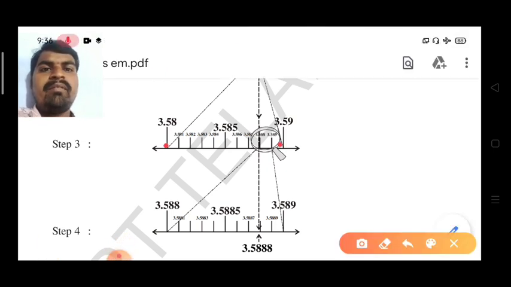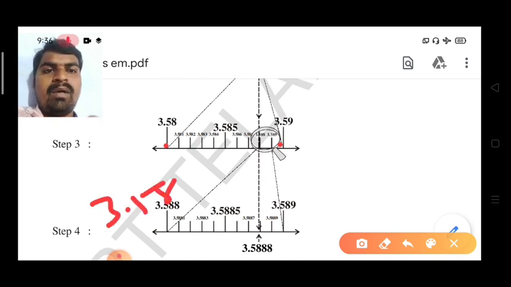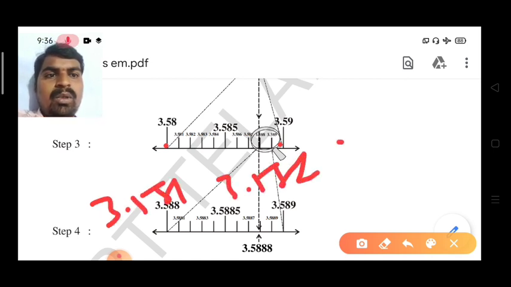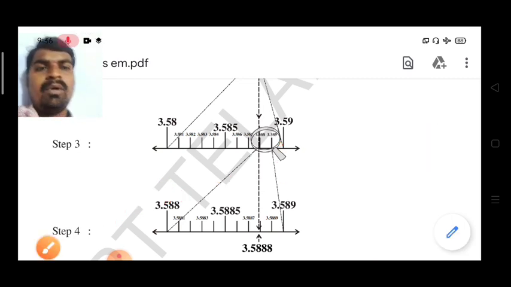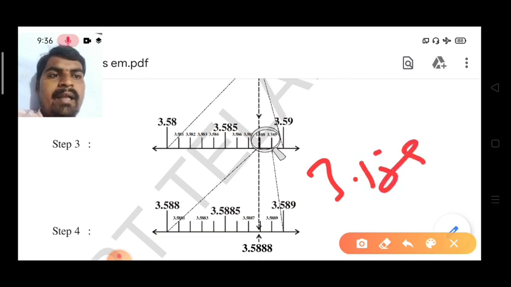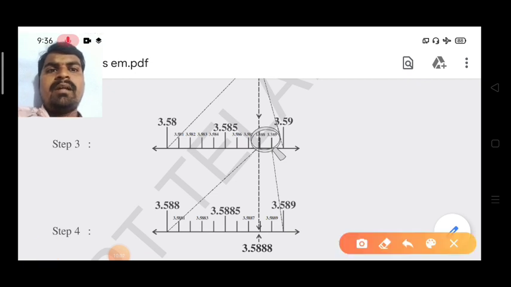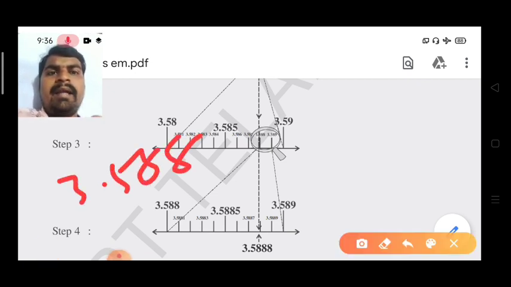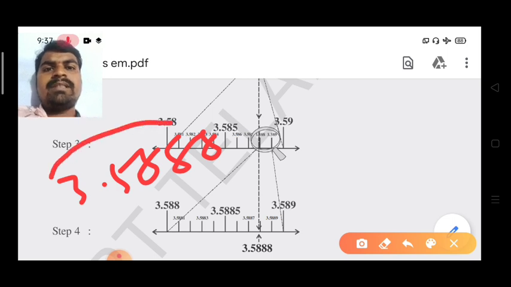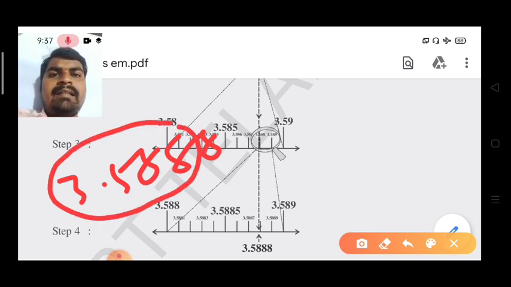So between you have to write 3.581, 3.582, 3.583, 3.584. Like that you have to write up to 3.589. So this is the process to write the numbers between them. Next, it is asking only up to 4 decimals, so the fourth step is the last step. So you observe here 3.588. You observe the next thousandths place here, 3.588. So you have to select that one first, 3.588. Next 3.589. So that is the step.